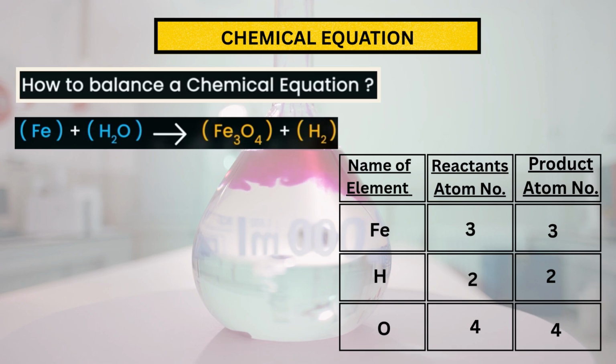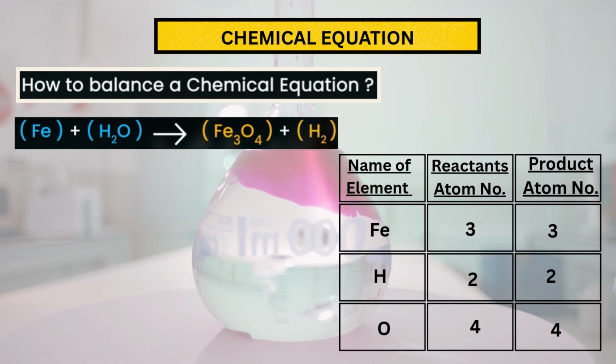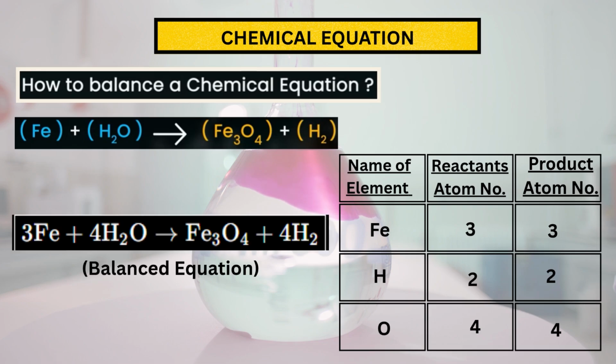We know that if any two elements are given in compound form, to balance them we multiply with whole compound. Now if we multiply 4 to H2O, then oxygen will get 4 atoms but hydrogen will get 8 atoms. This will unbalance the equation because hydrogen in products has 4 atoms. So to balance the equation we will multiply 4 to hydrogen in products. This way hydrogen on both sides will get equal number of atoms and equation will be balanced.